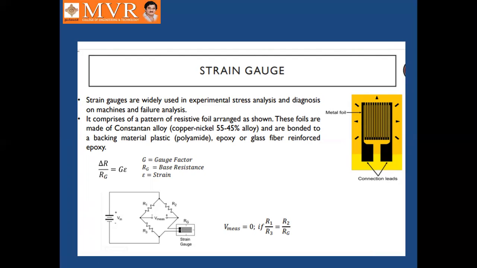So it converts the displacement into electrical form, one form into another form. The input form is the mechanical deviation and the output form is the electrical signal. Wherever the displacement occurred, that deviation is connected to the